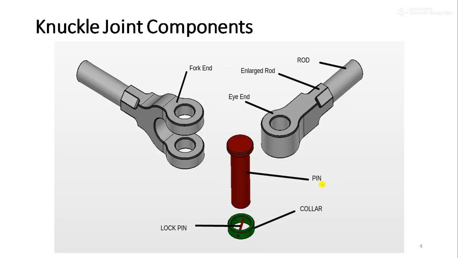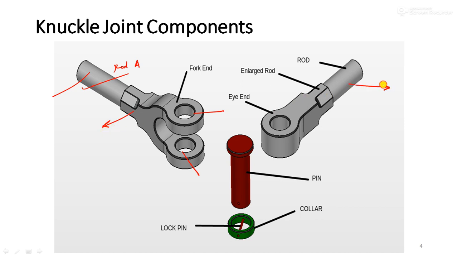Now first of all let us understand the components of the knuckle joint. Basically there are three main components. The first one is a fork end. Now this fork end, if you see, the structure is like a fork. So these are the two forks, and this is, let us say, a rod, call it rod A. The rod A has a fork end, the two forks, that is why it is called a fork end. Let us say this is a rod having some diameter, and this is nothing but the enlarged diameter of the rod.